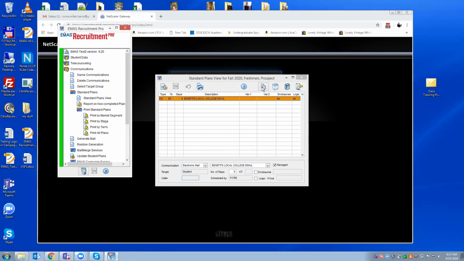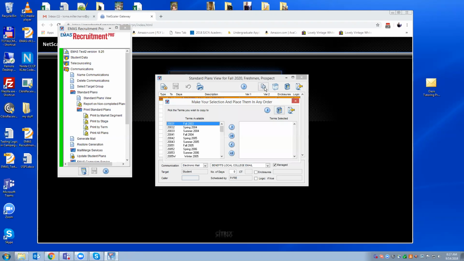And so the way that I do that is to open up the existing plan, to hit the copy to icon, and that's the icon that's typical for any kind of copy process. I select the entry term that it's appropriate for, and maybe I have more than one. It's possible that I might. I can select more than one if I want to.